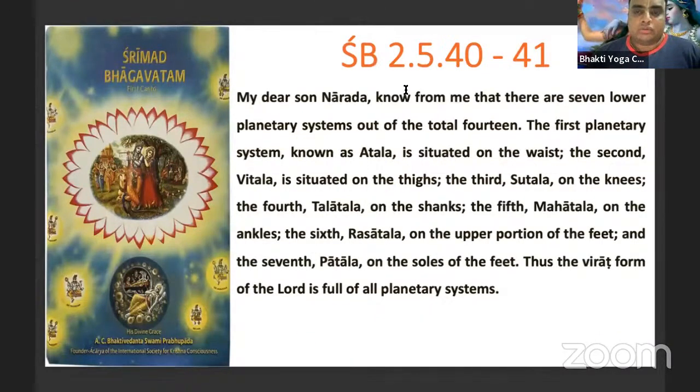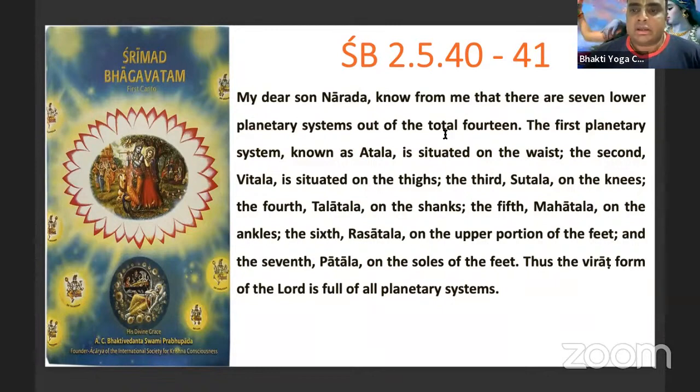Then in second canto, chapter 5, there's this conversation between Brahma and Narada Muni. So Brahma is also explaining about the same subject matter to Narada Muni, but he's also explaining something similar. But actually, this chapter 5 of the second canto is kind of more detailed compared to the conversation between Shukadeva Goswami and Parishit Maharaj. So in this verse, Brahma is telling Narada, know from me that there are 7 lower planetary systems out of